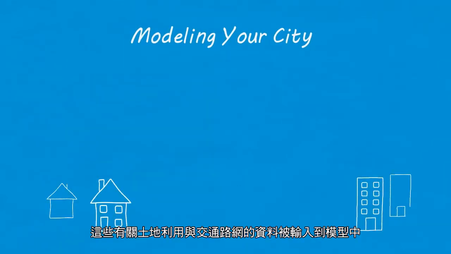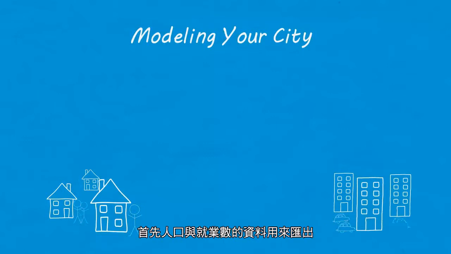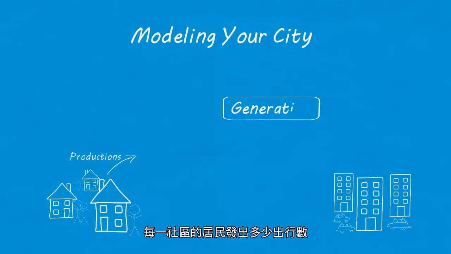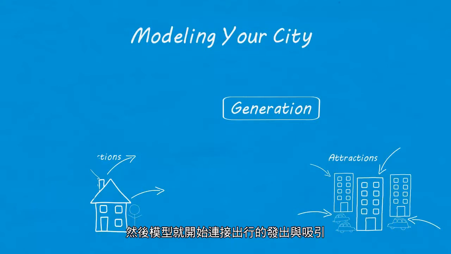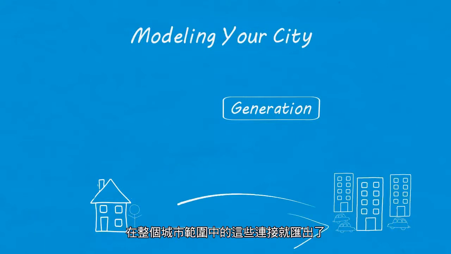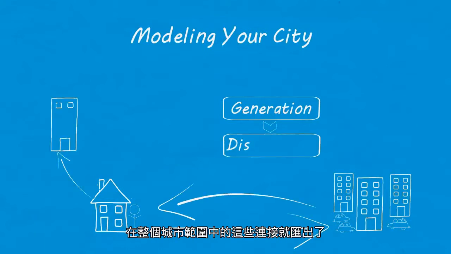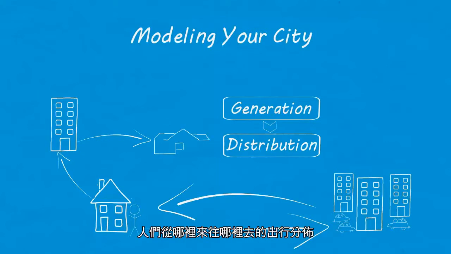These inputs go into a modeling process which takes the input data on land use and transportation networks. The information on the population and the employment is used to determine, for each neighborhood, how many trips are generated by people living there, and how many trips from other neighborhoods are being attracted to the area for work, play, shopping, or dining. Then the model starts connecting the population generating the trips with the areas that are attracting their activities. These connections, this distribution of trips throughout the city, provides a complete picture on where people travel to and